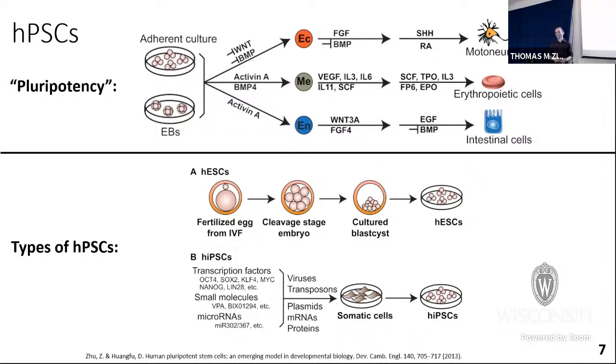This was also pioneered by Jamie Thompson here at the University of Wisconsin, in parallel to another researcher, Dr. Yamanaka in Japan. What made you think that we could do that? Like me, this was before I was ever in the field. But essentially what they did is they ran a lot of next-gen sequencing. They looked at a lot of proteins and RNAs that are upregulated or overexpressed in an embryo cell or in these embryonic stem cells versus other differentiated cell types. And they found a core set of proteins that look like they have high upregulation to be able to maintain this state.